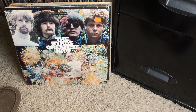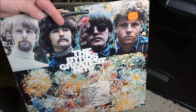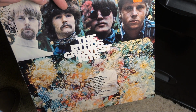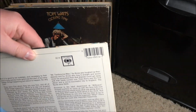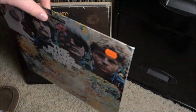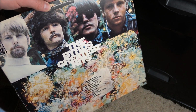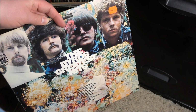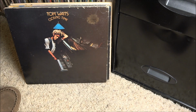Now, this copy of their greatest hits, a really, really common album, but this is a much later issue. In fact, this might be the last of the original vinyl issues from the 80s, albums from 67, but it's got a barcode on it. And the pressing is just horrible, really sibilant. It doesn't matter what turntable you play it on or how good or bad the cartridge is, it's just not a good pressing. But I have yet to find another earlier copy of this that's reasonably priced and, of course,